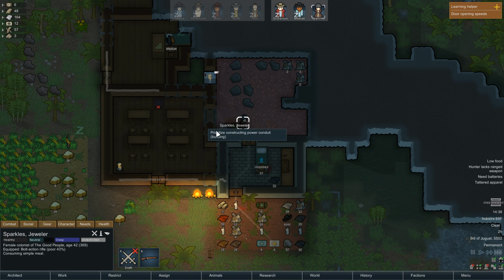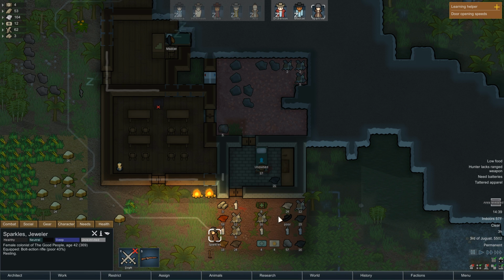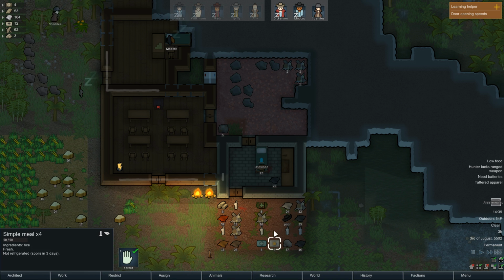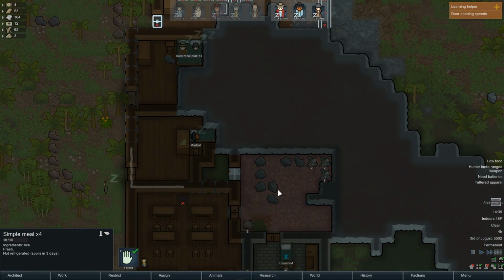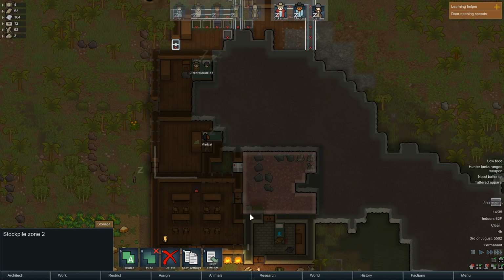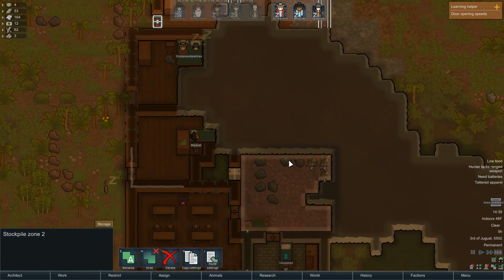Well, actually, it's not quite functioning yet because it's not got power. And I'm just gonna build the power conduit all the way along. And actually, it can't anyways, so never mind. But once she's done, can you halt those meals? It doesn't look like. That's unfortunate. But yeah, that's why I want it. There we go. Now we got a cooler, and hopefully we're gonna be able to keep our foods